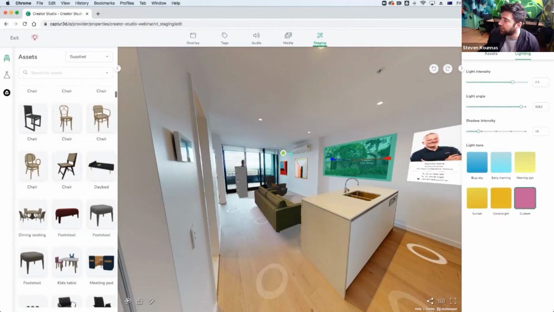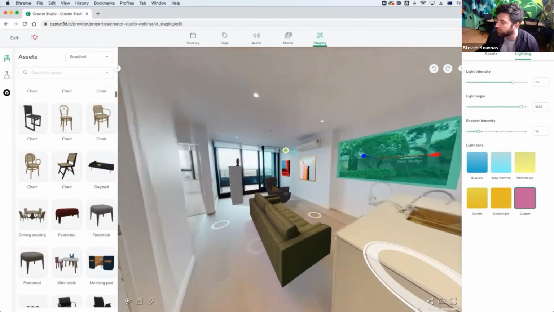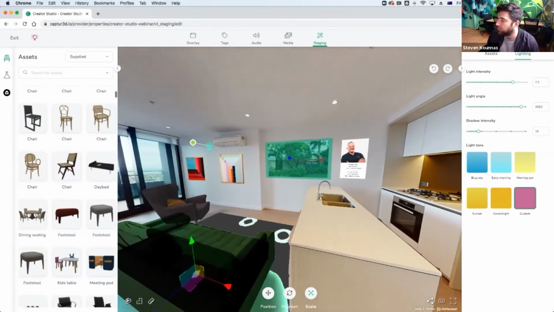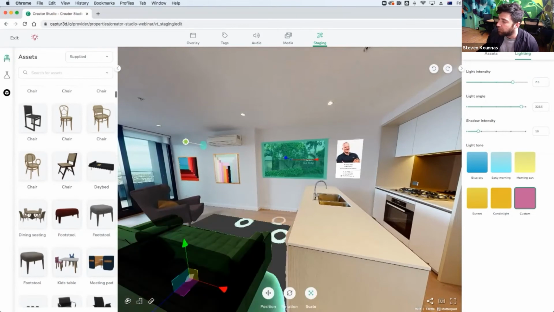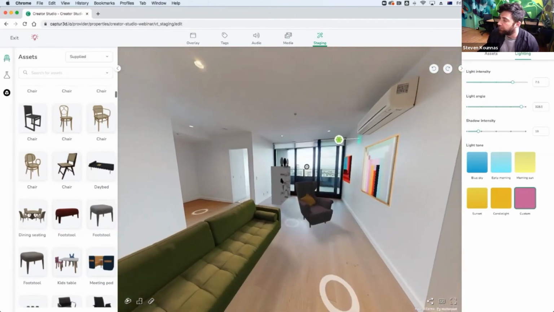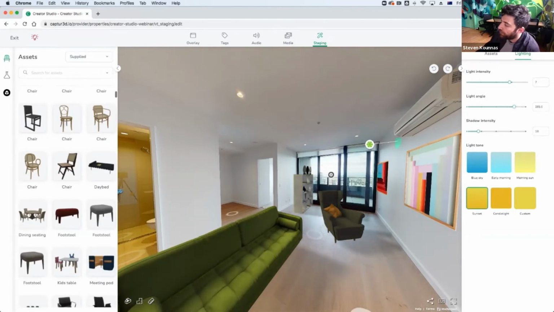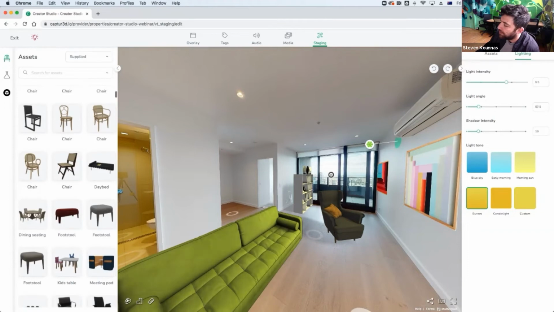And so if I push that up a little bit, and might try and get back to my optimal spot over here. Right. Perfect. Let's change that lighting intensity. Go back to blue. You can see that it has these different effects depending on the color that you choose. And you can see that color of that yellow all of a sudden change that couch color. I might just get the shadow out of the way so you can see this color a little bit more